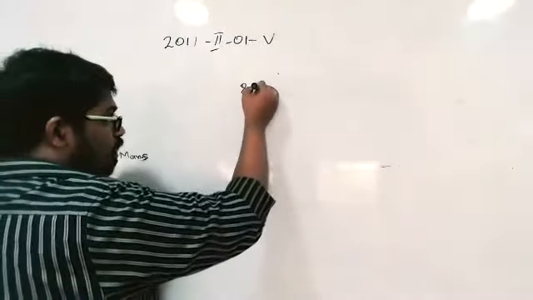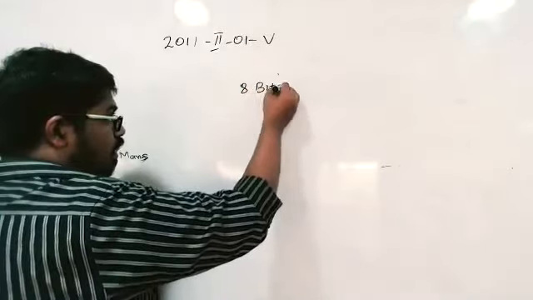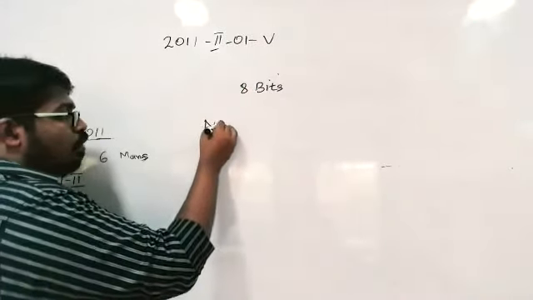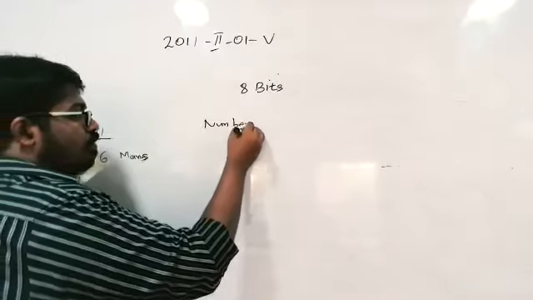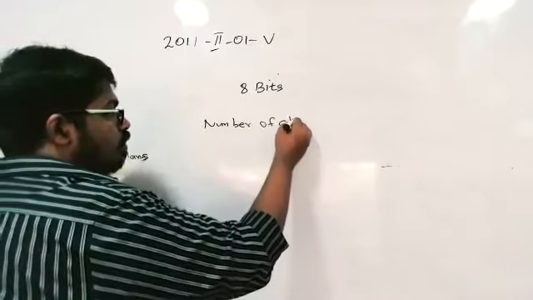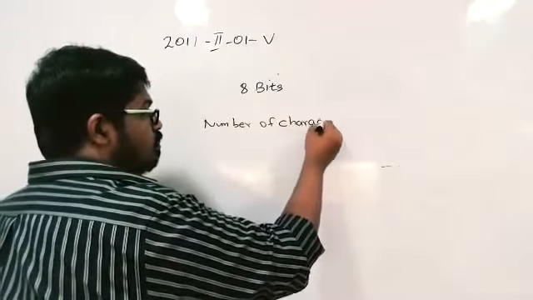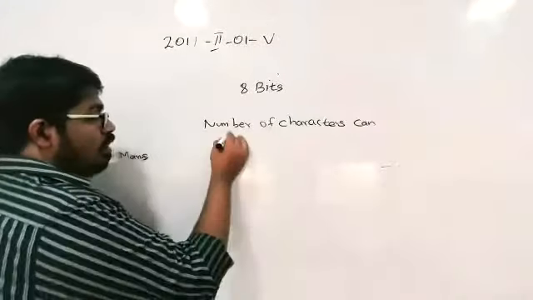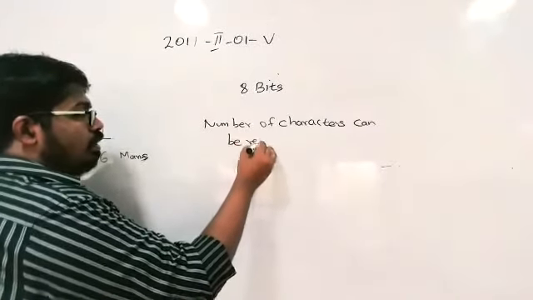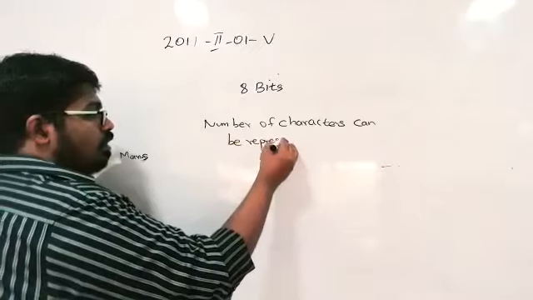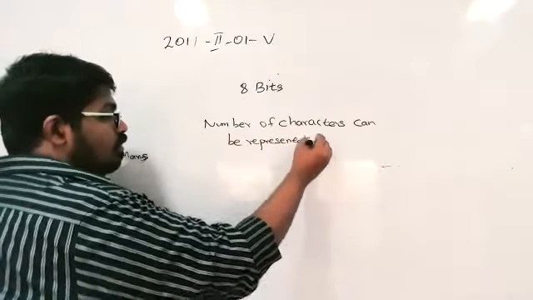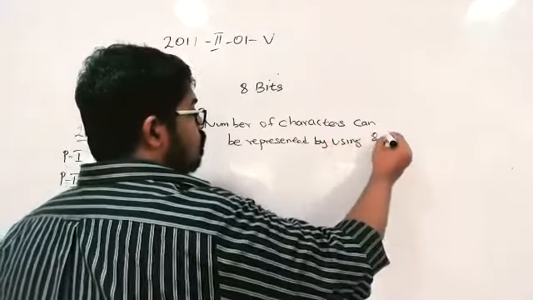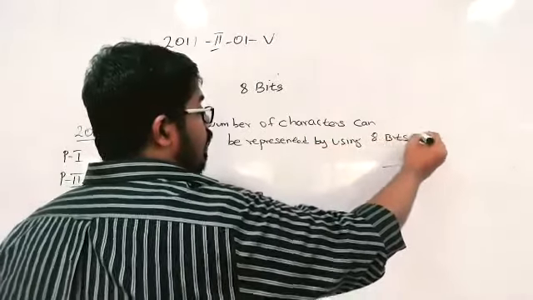First you have to write: the number of characters that can be represented by using 8 bits